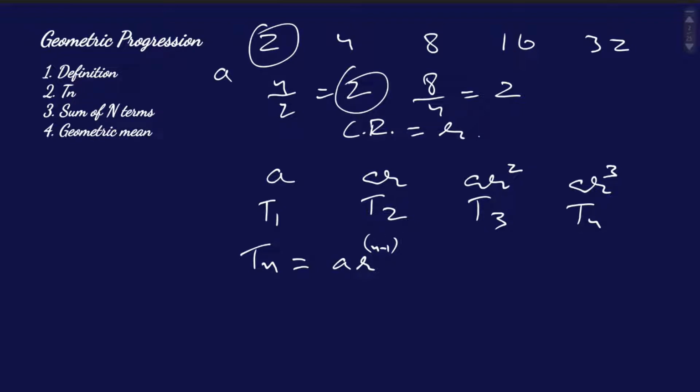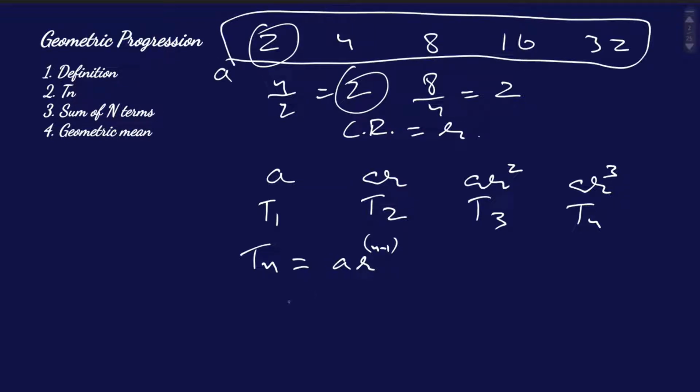So the fourth term in our above geometric progression would be equal to: a becomes 2, and r is again 2, the ratio is 2, so 2 to the power, we have to find the fourth term, so it will be 2 to the power 3. So it is nothing but 2 into 2 to the power 3, that is 8, that becomes 16. So the fourth term would be 16. This is the first term, second term, third term and fourth term.